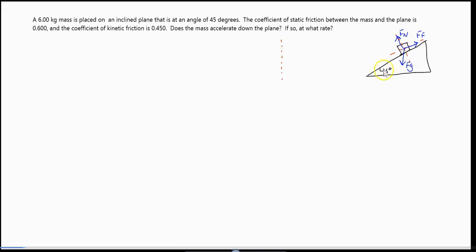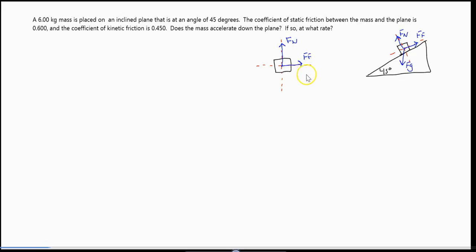At this point, I recognize that my weight is not part of this axis, and I'm going to just redraw this axis in an orientation that's easy for me to look at. So I've essentially rotated it, and now my force of friction appears to point to the right. That right is up the plane. My normal force points out of the plane,